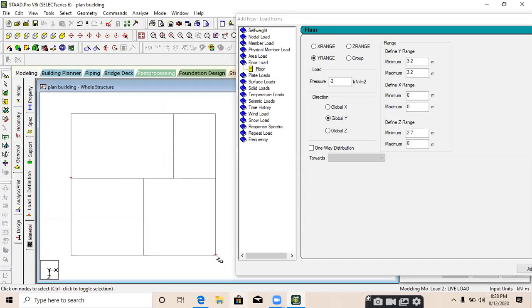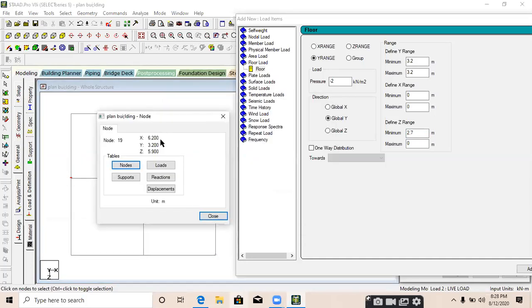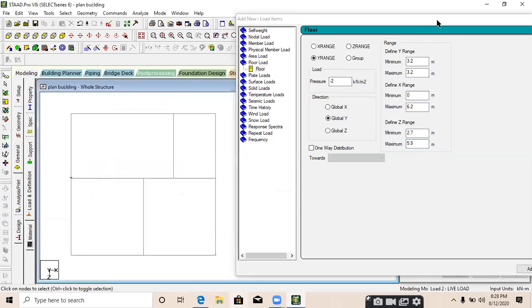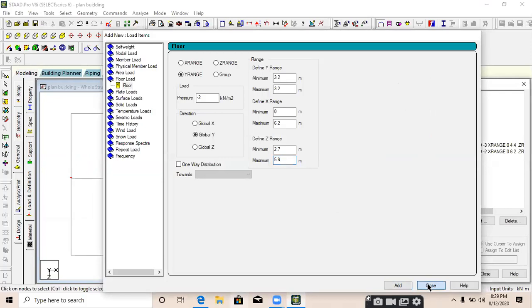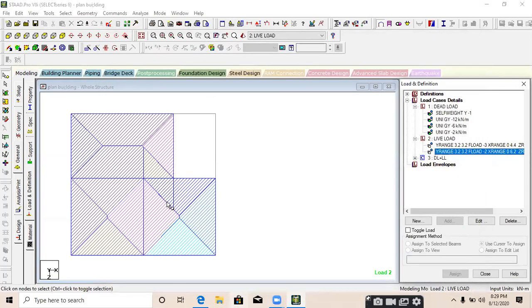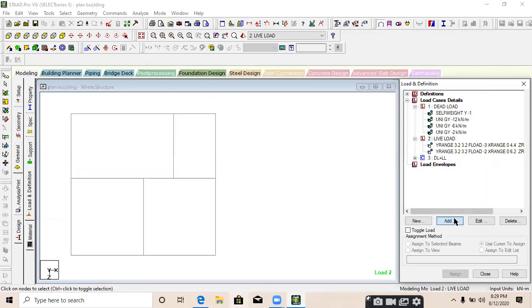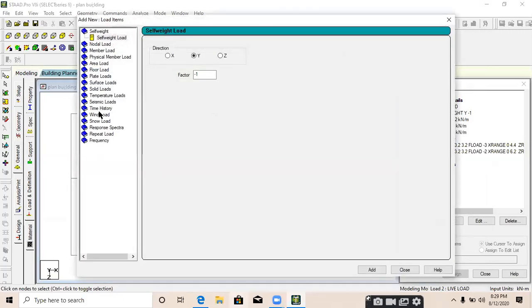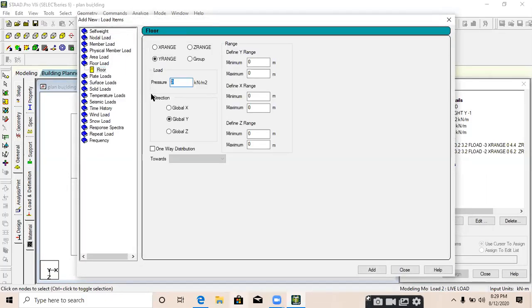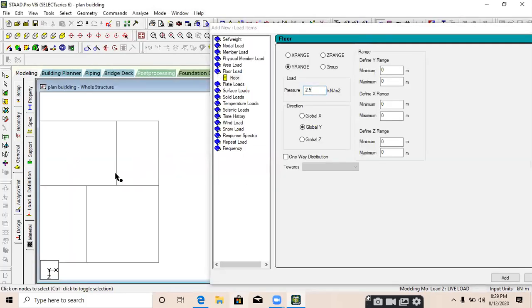Double click on the lower right corner and you will come to know about the maximum range. X maximum is 6.2 and Z maximum is 5.9. Provide 5.9. Close this, scroll down, add and close. Look at this, we just applied 2 kilonewton per meter square load to both the rooms. This is 2.5 live load, add,